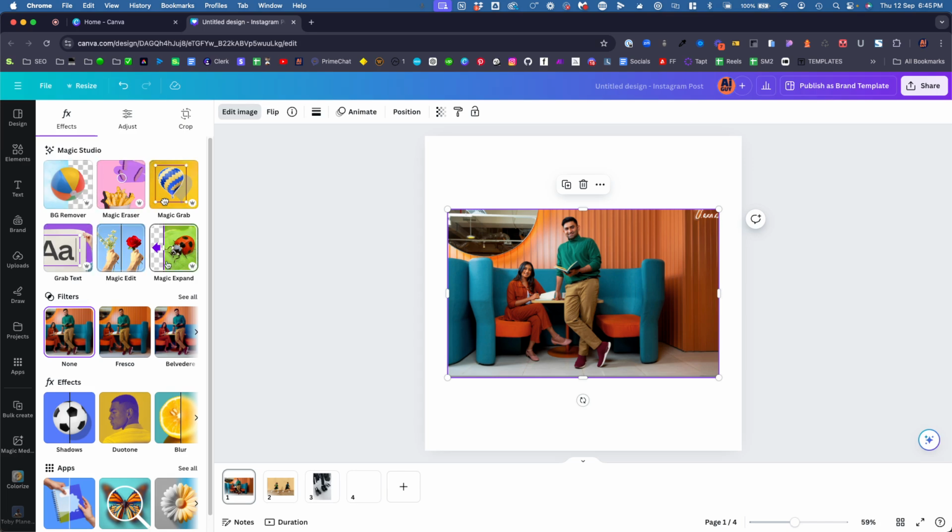All of these things, Magic Expand, Magic Edit, Magic Grab, these are all Canva's AI tools or AI features in what they call Magic Studio. So this is Canva's AI section, basically. So I'm going to go to Magic Grab,